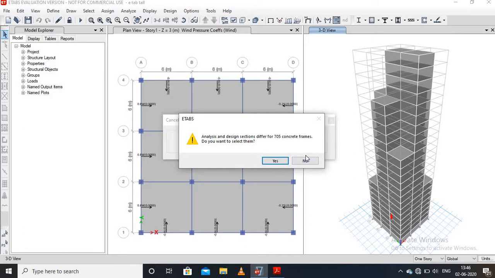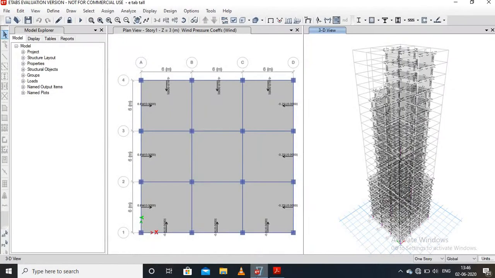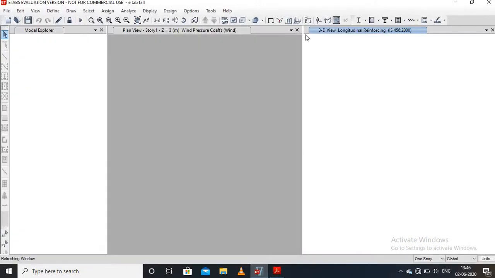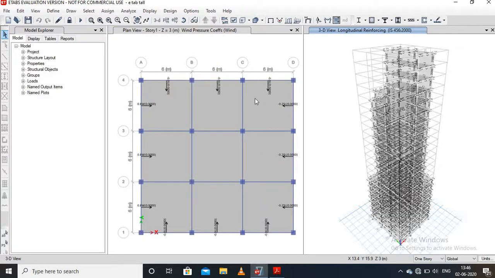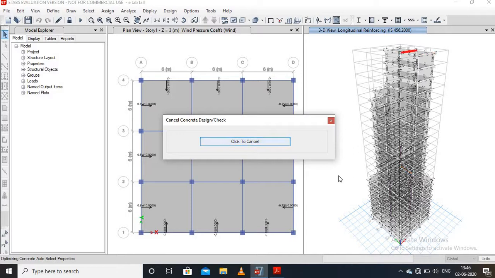Then press no. Go to the design menu, go to the concrete frame design, start design check. Okay, click to cancel.